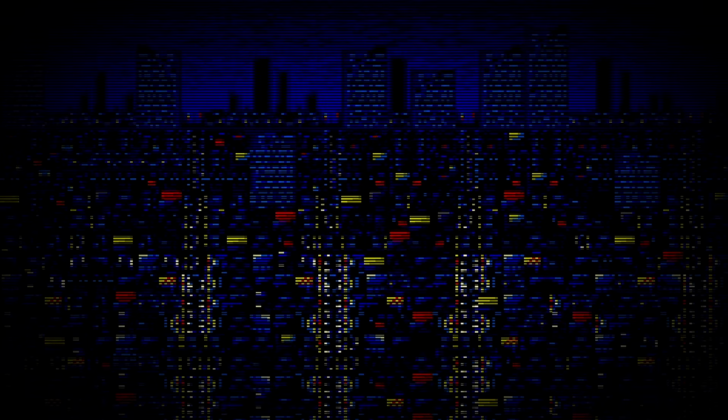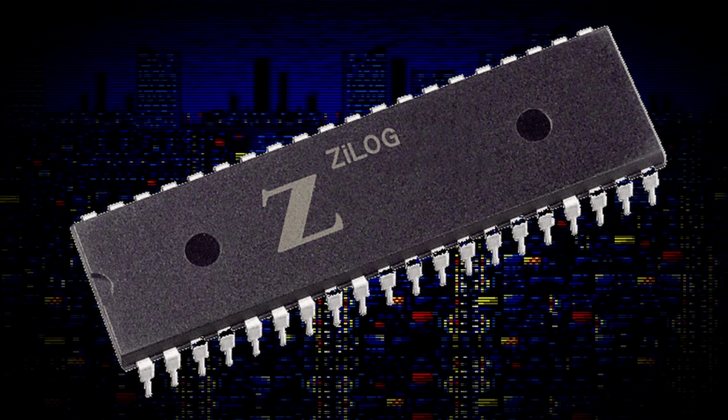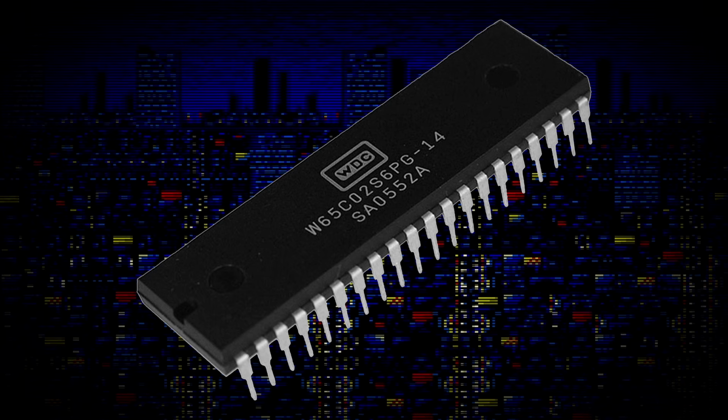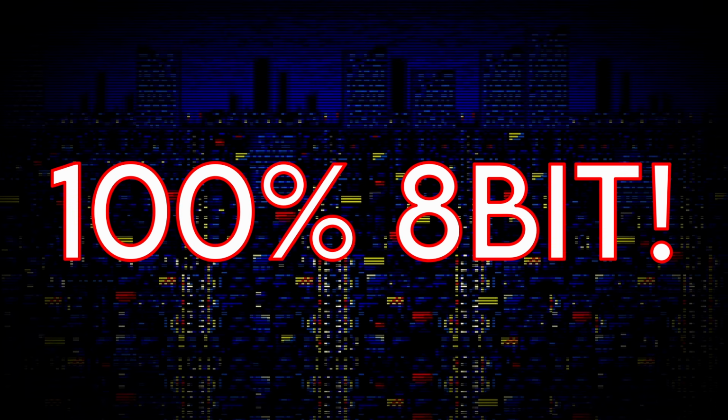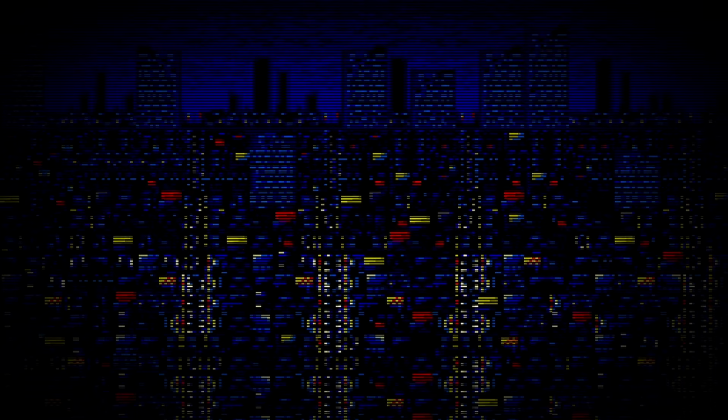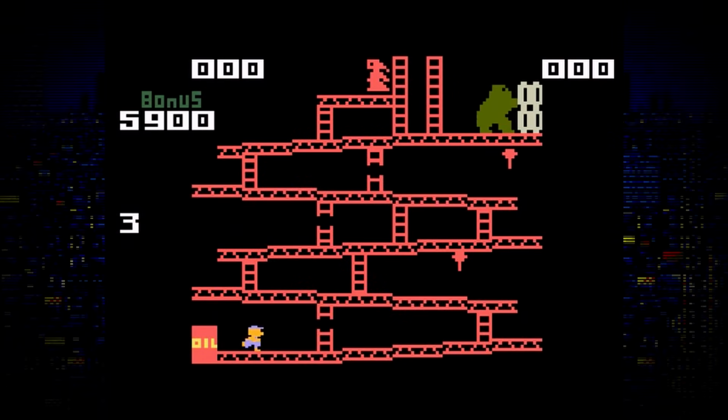Now, it's pretty easy to say that most of the early consoles were indeed 8-bit. They used processors like Zilog's Z80 CPU or the 6502 CPU, which were very definitely simple, basic 8-bit CPUs. Fine. However, take a look at this game here. This looks like it's playing on an 8-bit system. It doesn't look hugely dissimilar to the kind of things that were coming out for its competitors like the Atari 2600. Well, this is some software running on the Intellivision.